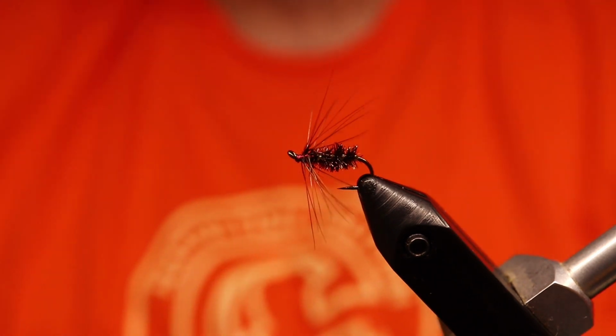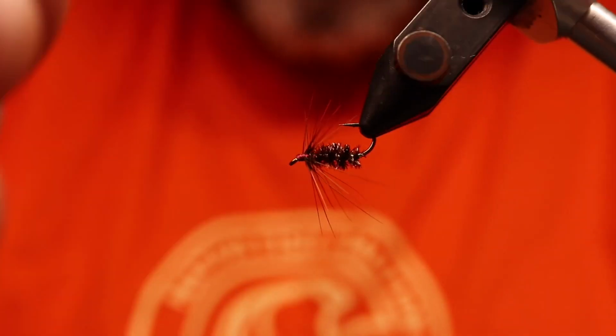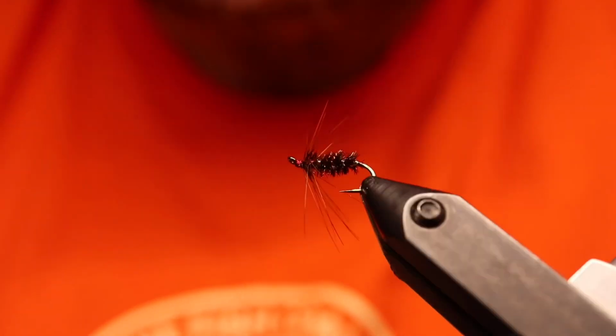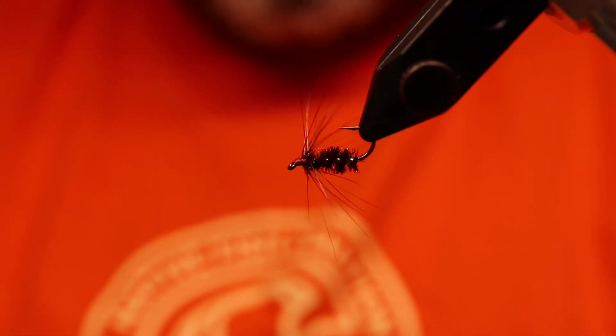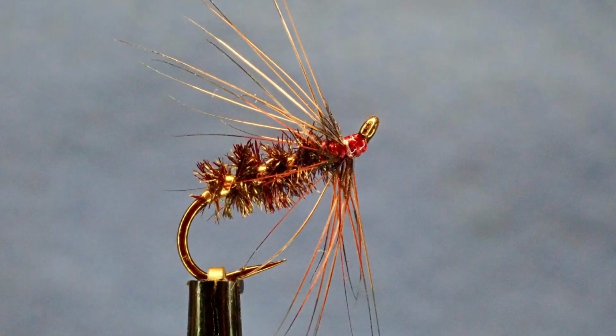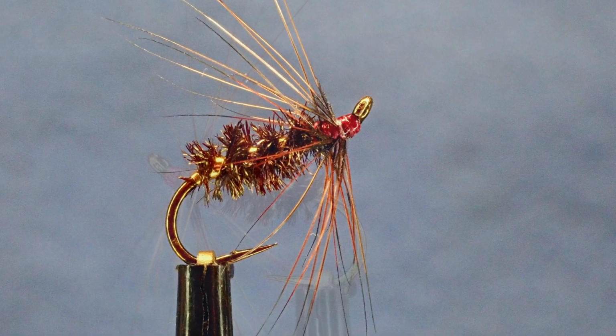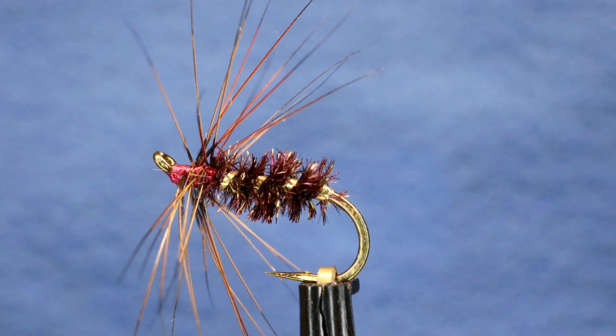Hopefully you could see that. It had a dark black center and black tips. And so really interesting fly here tied with rooster hackle in that true furnace, Leisenring furnace fashion. Bronze peacock herl,